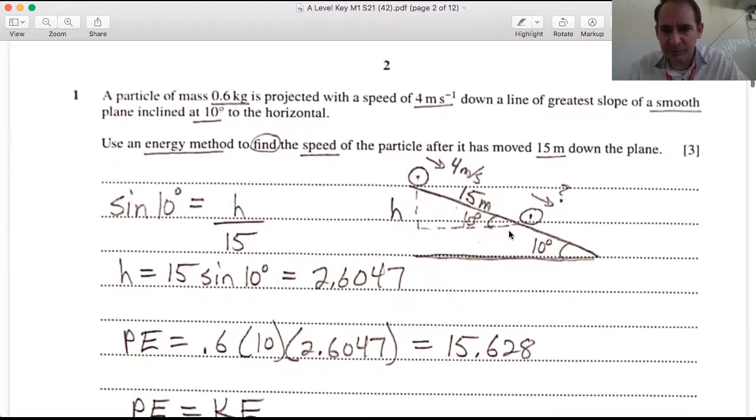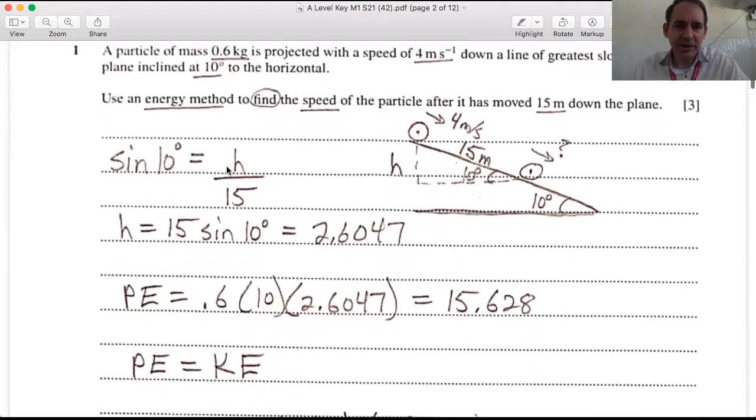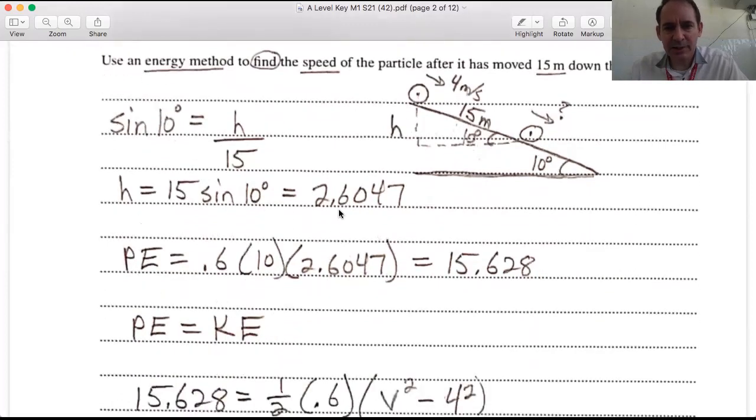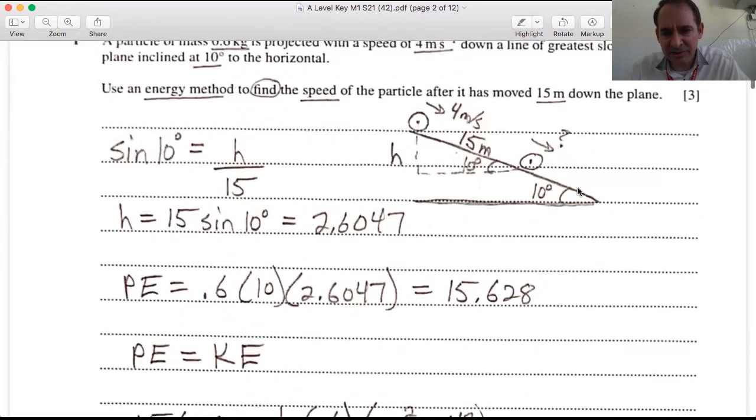Notice I make this right triangle with the positions of the object in its initial and final position. Using SOHCAHTOA, sine of 10 degrees is opposite over hypotenuse. So to solve for h, the height, we get 15 sine 10 degrees, and that's 2.6047. And because this is a smooth slope, meaning there's no resistance or friction,